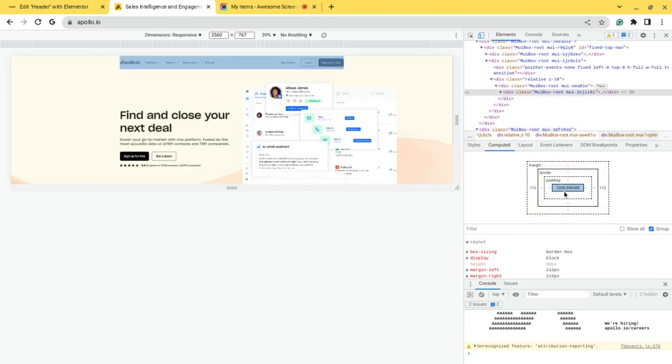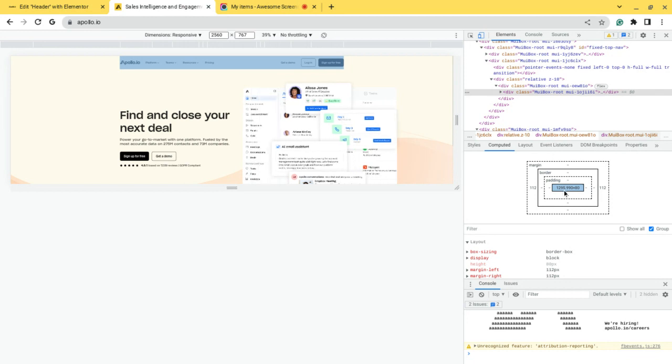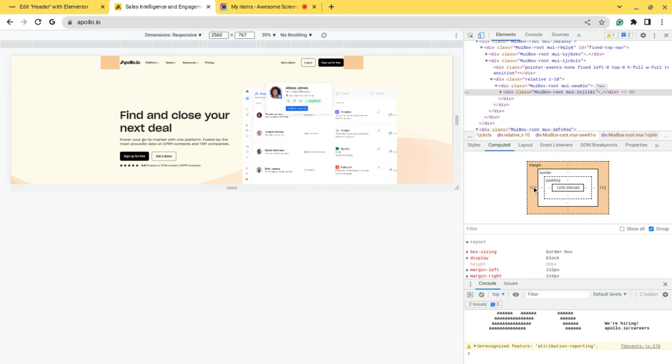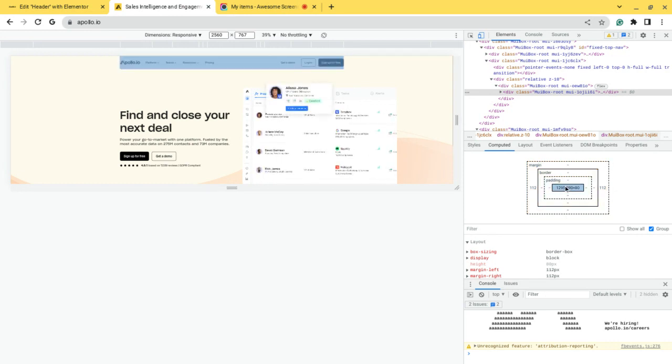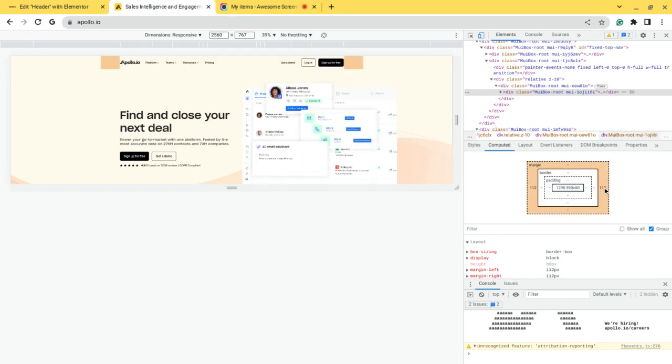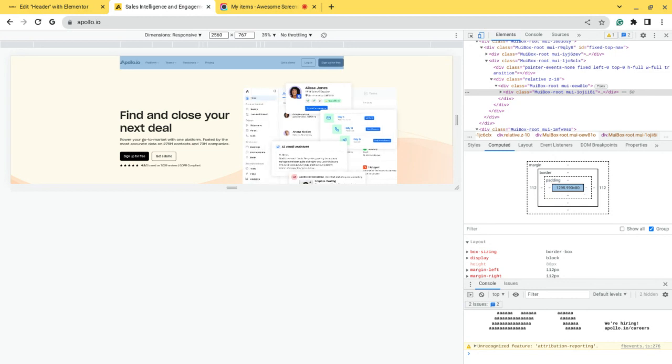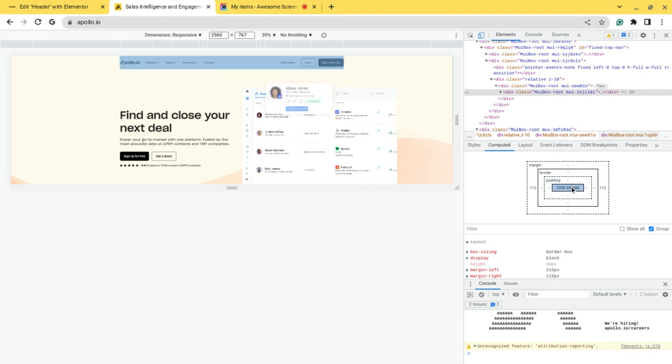So this is about 1,295, and then it has like margin of 112 on both sides. I don't like to use margins in my designs, so I'll probably replace that with padding. Oh nah, let's not do padding. I'll just make it 1,295, because as you can see by highlighting on this particular